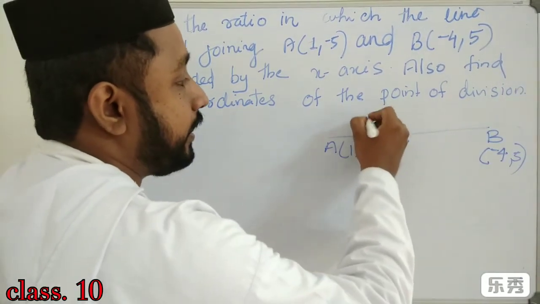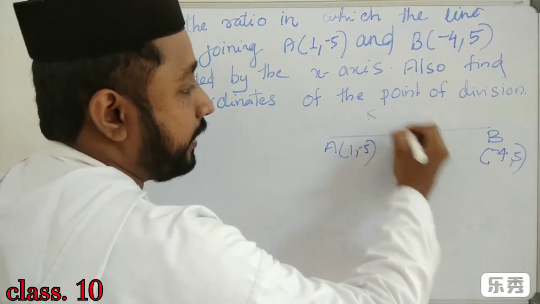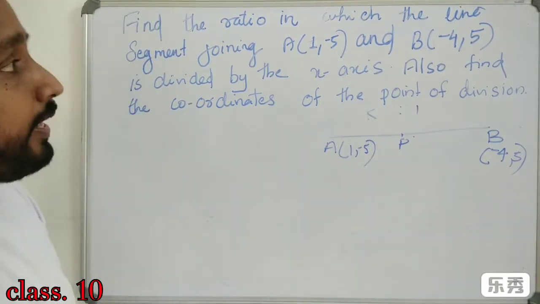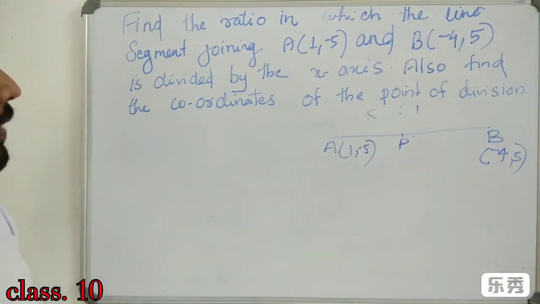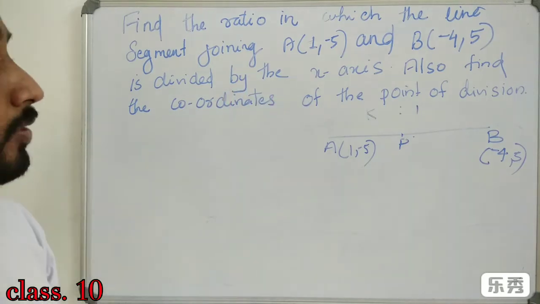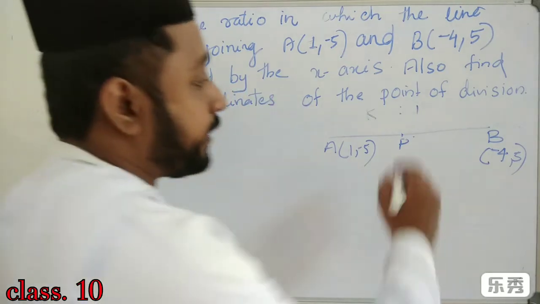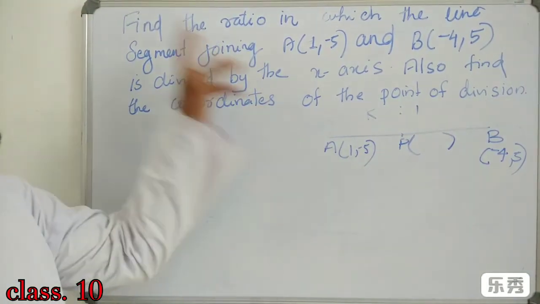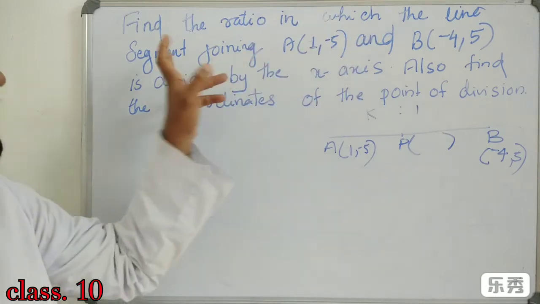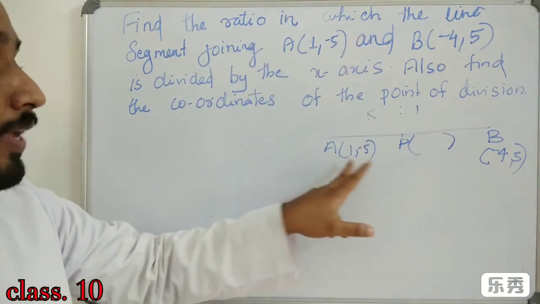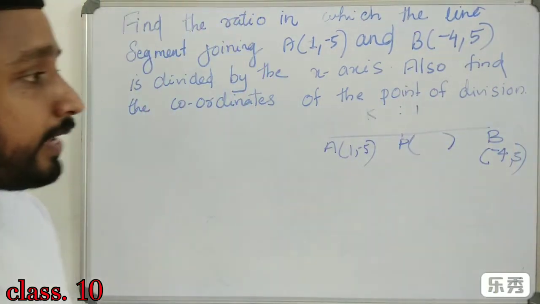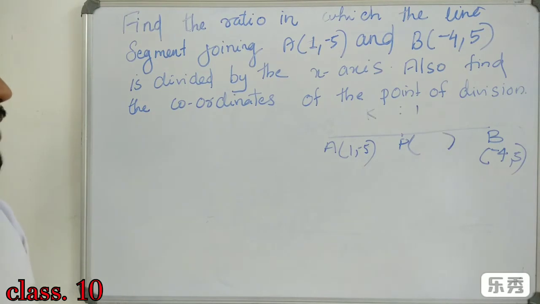So we are taking k:1. There is a point P (x, y) and the ratio, let us take k:1. Then we have to find the ratio and also find the coordinates of the division. If the point is P, we have to find the coordinates. So our condition is to find the ratio in which the line segment joining A (1, minus 5) and B (minus 4, 5), the 2 points A and B, is divided by the